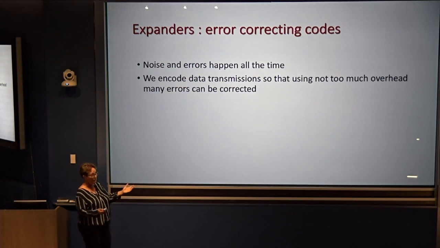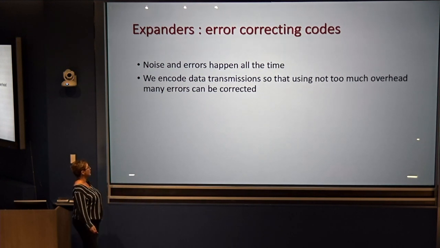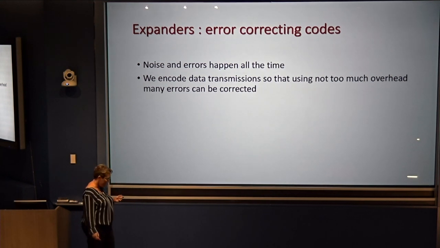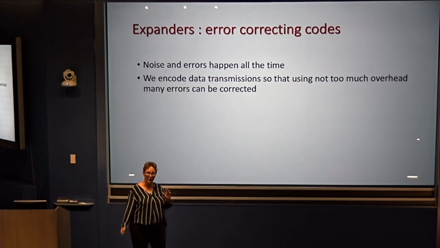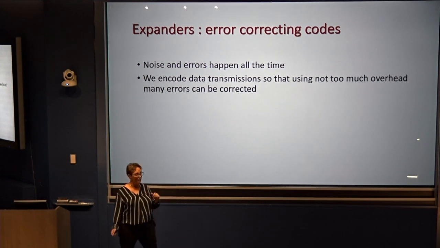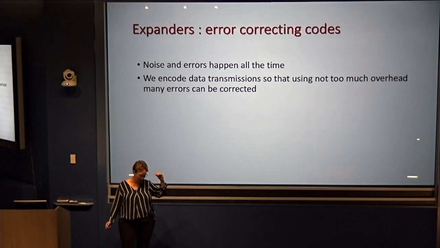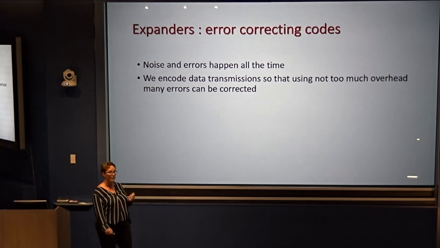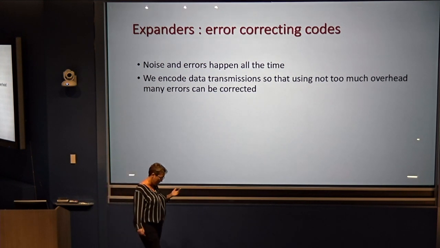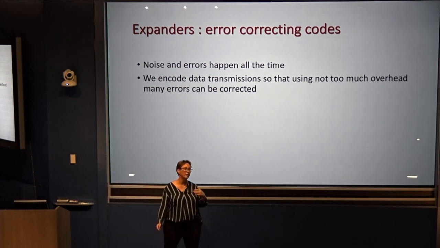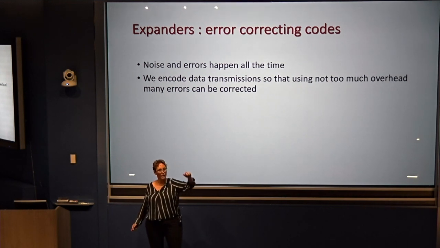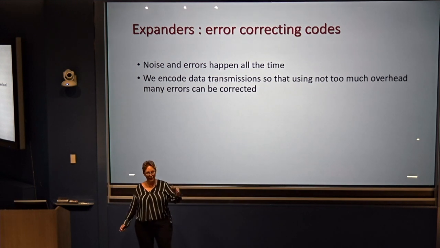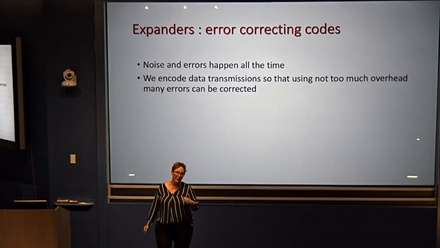The way this is solved every day is by encoding, by using error-correcting codes. We encode all our data transmission in a way that if a few errors happen, they can be corrected. We estimate that there's only going to be some 0.5% of errors, and then we use codes that allow us to correct this fraction of errors. Now, how would you do that? One natural way, if we're yelling to someone across a distance and there's a lot of wind and rain, is to just shout 3 times, and hopefully they will understand it by the 3rd time. But if you want to transmit data,